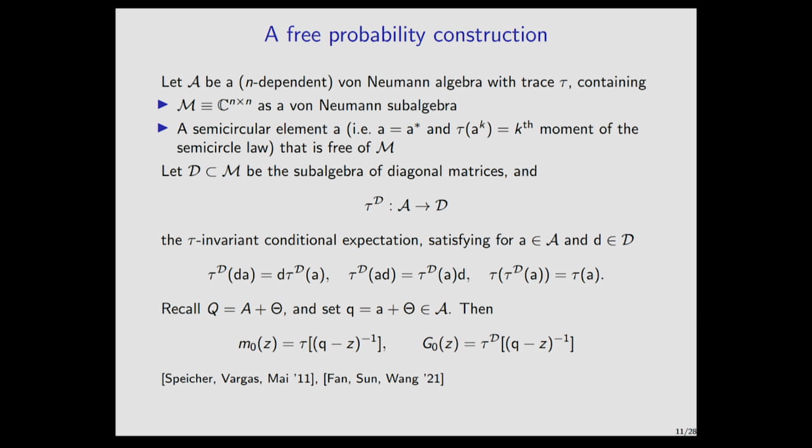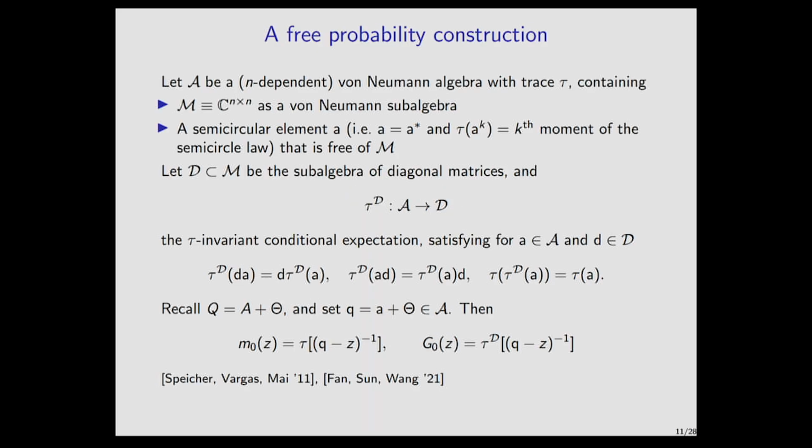So this kind of construction for the Stieltjes transform is explained extremely nicely in this paper by Speicher, Vargas, and Mai in 2011. And this kind of construction for the resolvent, one place you can find this is we used this previously for a different model. This is with Yish Sun and Zhichao Wang, who's here in the audience today. Yeah, this is in some work some time ago. Okay. Sorry, the reason I'm introducing this kind of formalism here is because for the model that we're going to talk about, I only have a description of the limiting measure and the deterministic equivalent at this level and not at the level of the preceding fixed point equation.